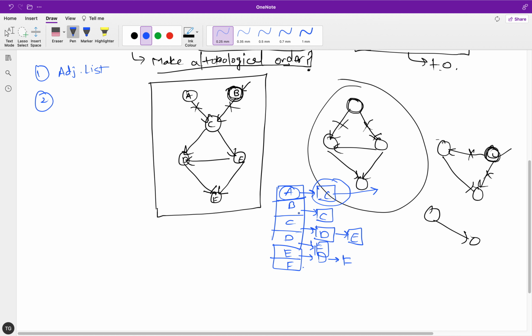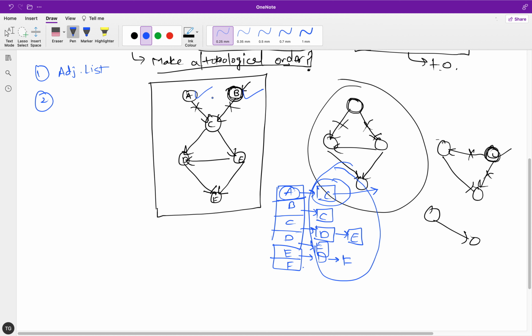So how do you know which particular vertex has an in degree of 0? A has an in degree of 0, because you cannot find any mention of it here. A is not a direct neighbor of any vertex, so you cannot reach A with an edge. So you will first find the nodes which have an in degree of 0. Here A has an in degree of 0, B has an in degree of 0.